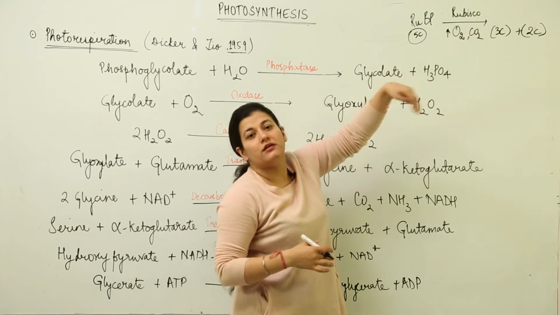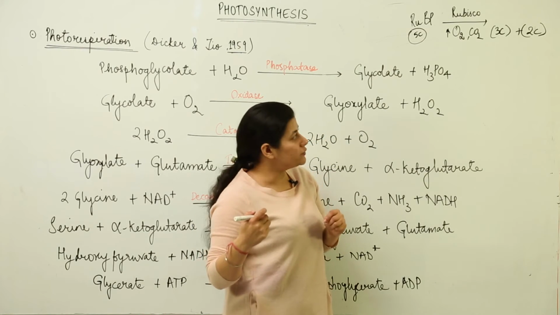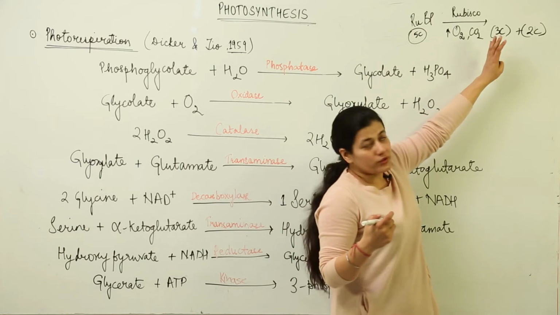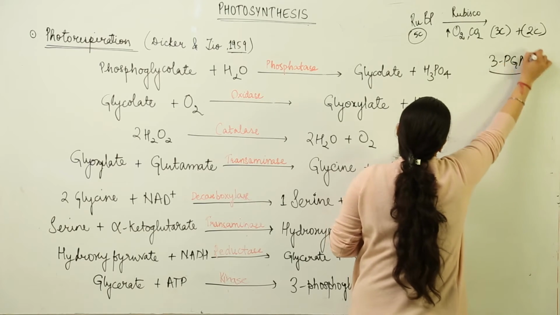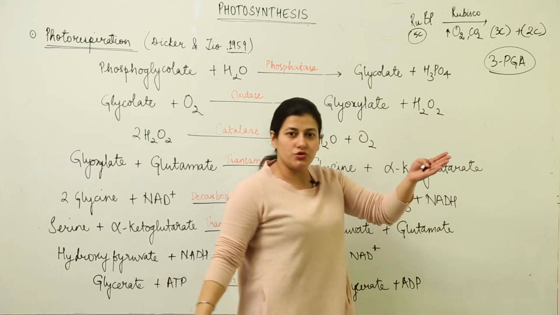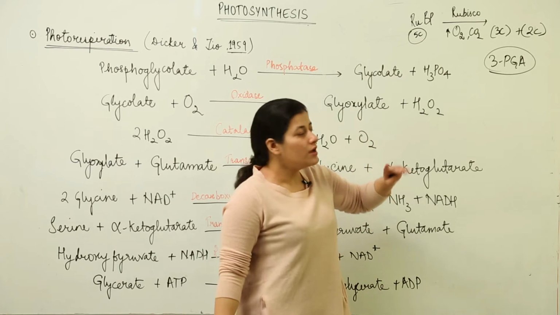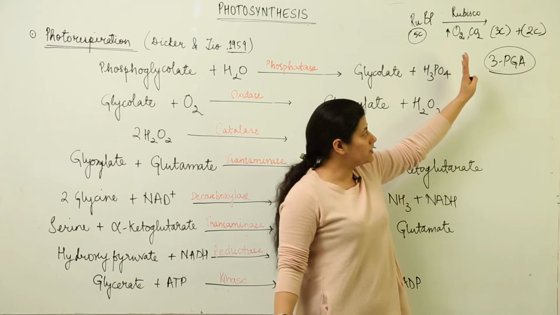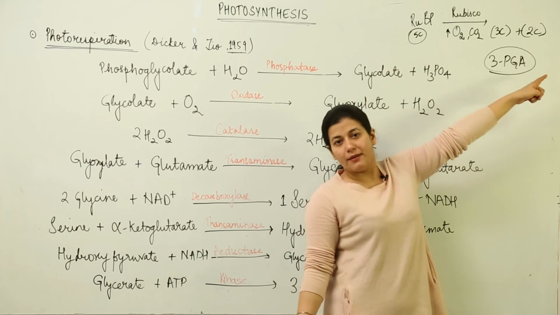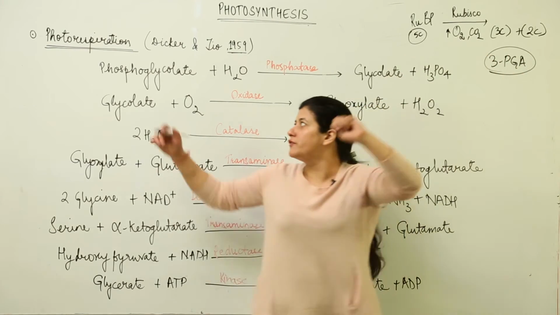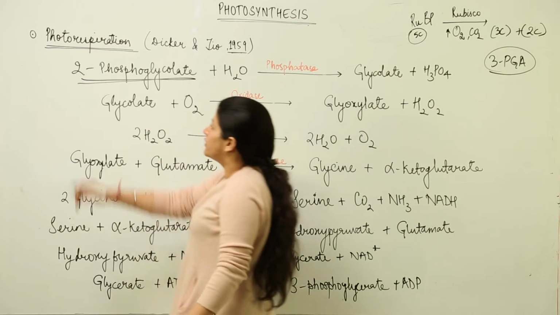And once the outcome is not similar to as seen in C3, there would be a totally different course of events that would take place. So we know that the 3 carbon compound is 3 PGA, 3 phosphoglycerate. So one molecule of 3 phosphoglycerate is formed that goes to C3. That would be utilized in C3 for whatever use it would be. It should need 2, but there is 1 PGA that is formed, that is 3 carbon compound is formed. It goes to C3 cycle, and the 2 carbon compound, that is 2 phosphoglycolate, sorry, not glycerate, glycolate,